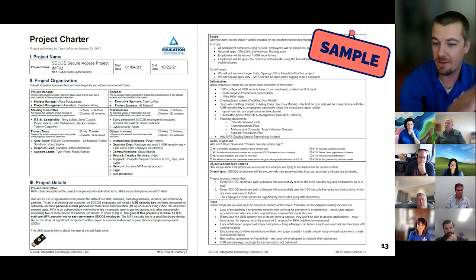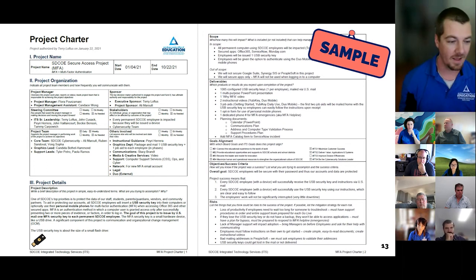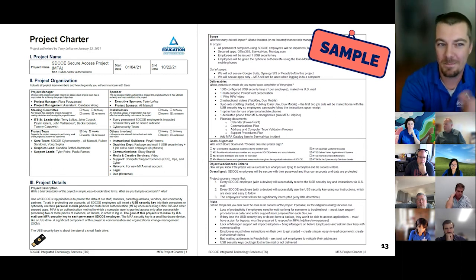So having that differentiation is important, because you would hate to get done with this huge MFA project and then your CTO says, well, why am I not getting dinged for MFA when I'm trying to log in? I should be. You say, well, that's not part of the project. That was a huge different thing to do. Having that written out early is going to save you some huge headaches.